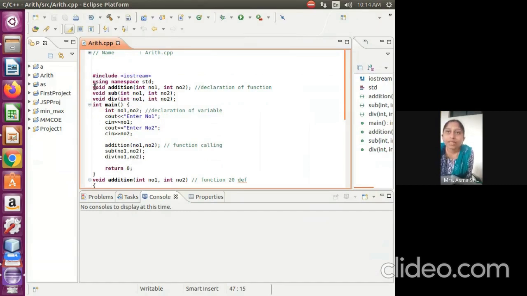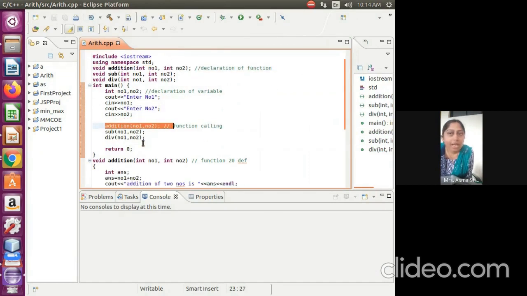See here, if we see this example, void addition. This is my declaration. I call this function. When I call this function, students, it invokes this method. It calls this method. So all this happens at compile time. So it is called binding, also called early binding, students.